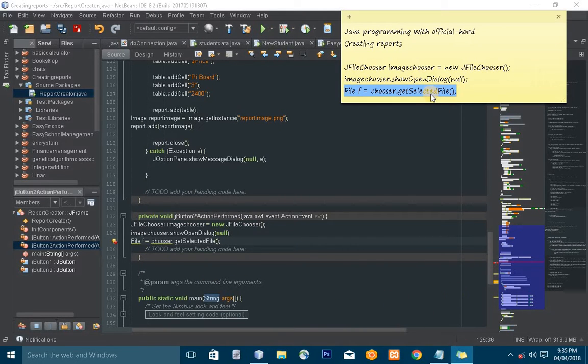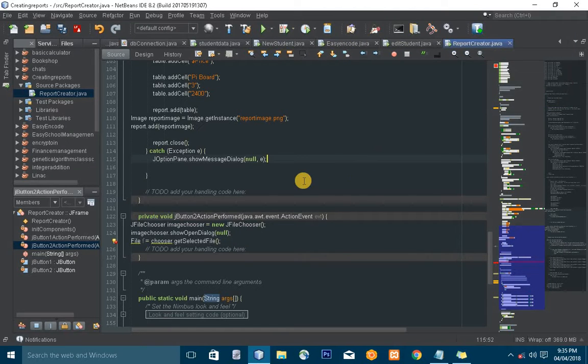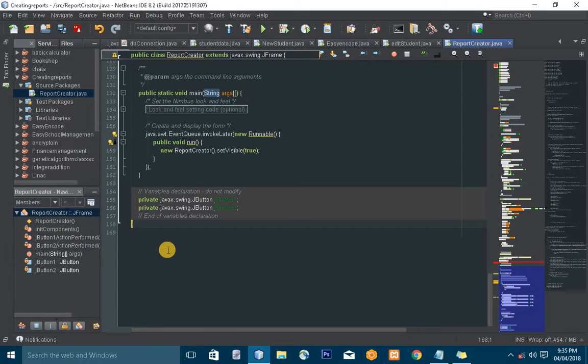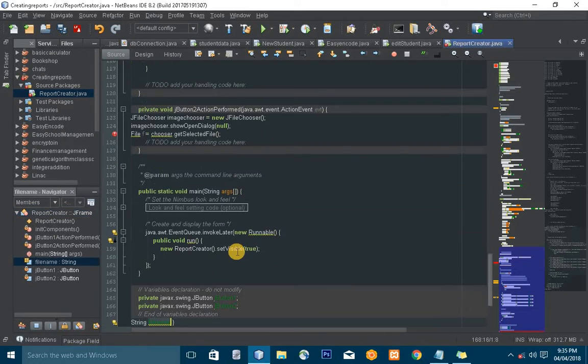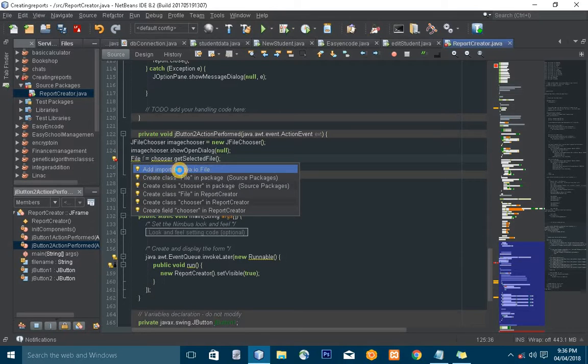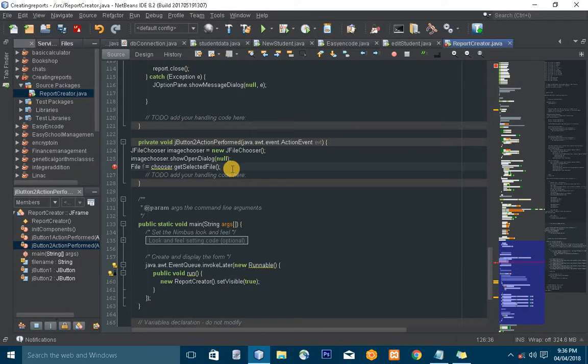And finally, we're going to declare a string to get the name of the file. So go down to this part of your program beneath the end of variable declaration and just say String fileName. Now this allows us to use this variable anywhere in the program. So right here, we need to add an import for java.io.File. Okay,